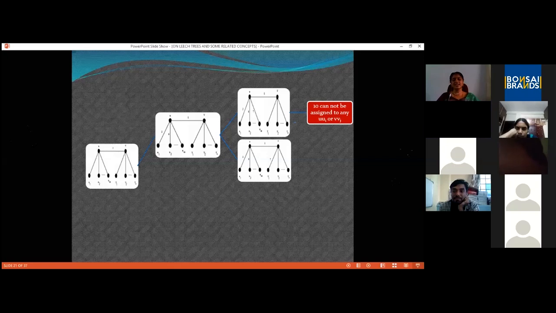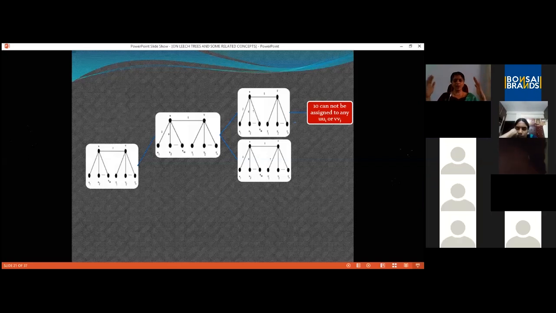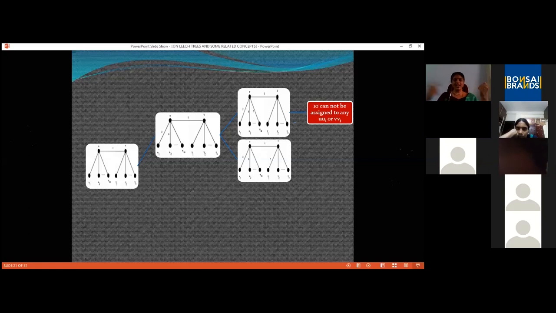Now you can see that the same problem will arise. If I assign 9 to UU3, then 9 plus 1, 10 is a path weight, and 7 and 2 are there towards two sides of 1, right? So 2 plus 1 plus 7 is a path weight, again giving me 10. So 9 plus 1 is 10 and 2 plus 1 plus 7 is also 10, which contradicts, and hence 9 cannot be assigned to any edge either in the side of U or in the side of V.